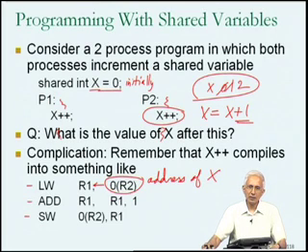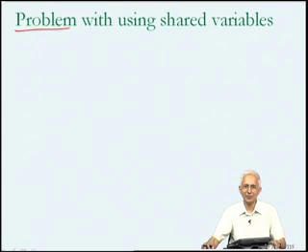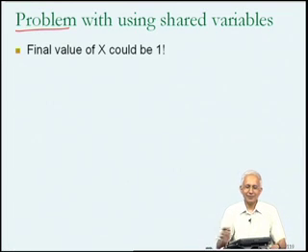Okay, now let's just see what could happen when these 2 processes end up running on that processor. I'm now formally describing this as a problem with using shared variables, so you must at this point anticipate that something is going to go wrong. Unfortunately, the final value of the variable x could end up being 1. There's no guarantee that it's going to end up at 2. It could end up being 2, but on the other hand it could end up being 1. It can't end up being 0, but could end up being either 1 or 2.